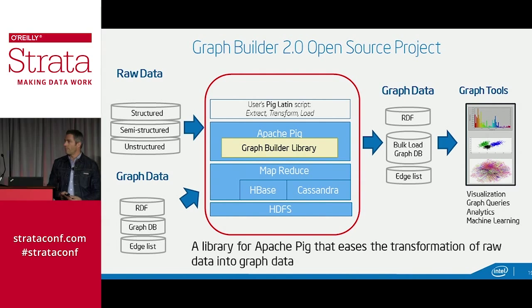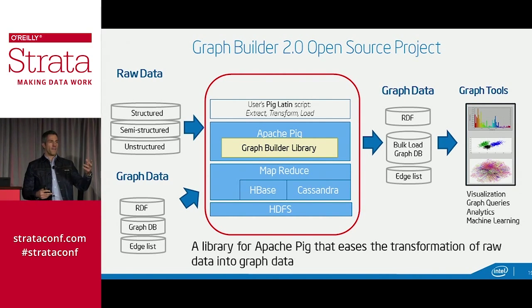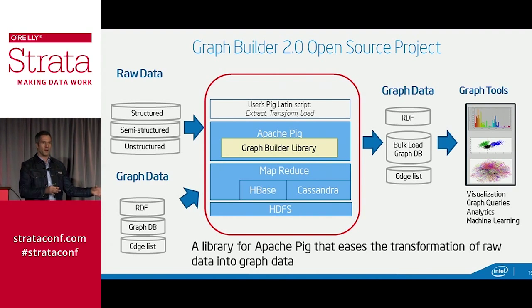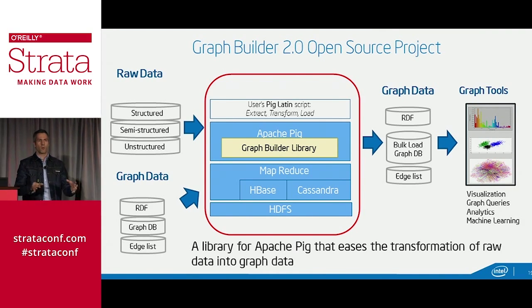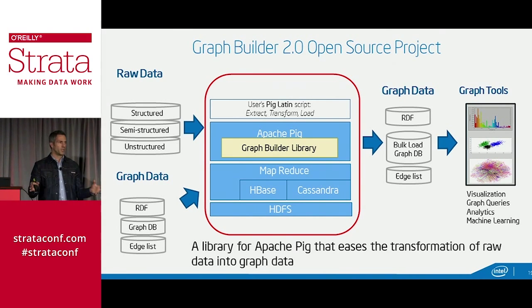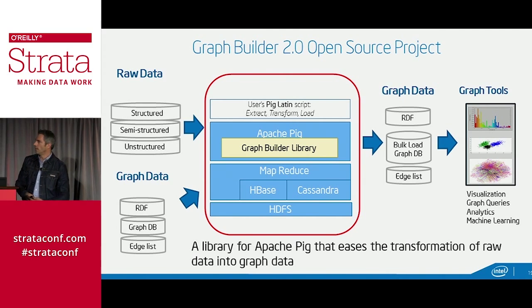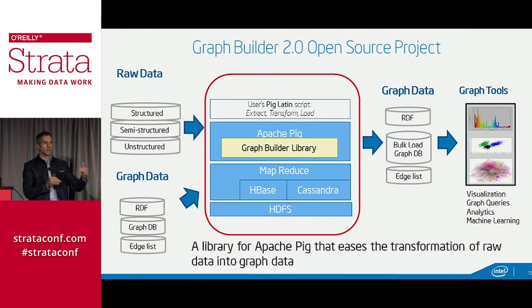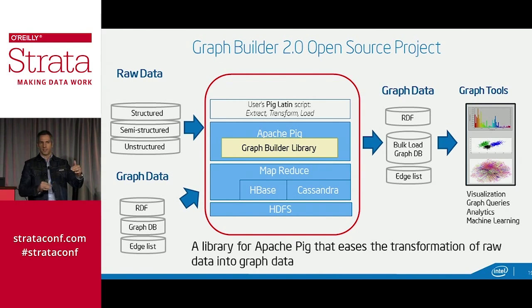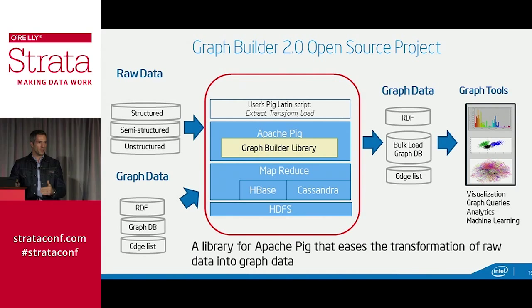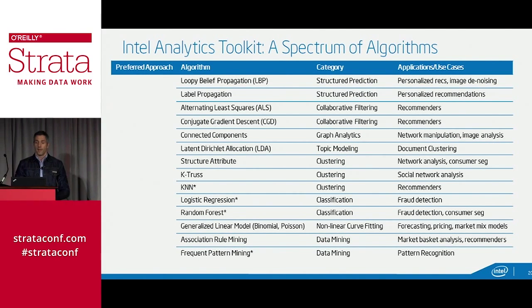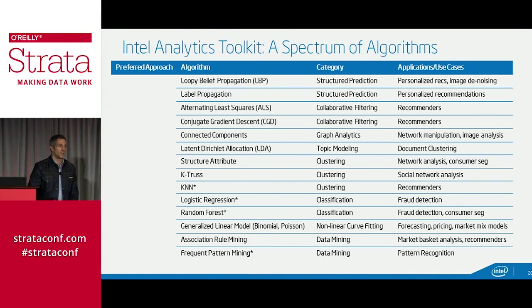Just briefly on Graph Builder, you can go get that now. It's completely open source. With the previous one, you had to write Java and understand MapReduce and all that. You can now write this using data flow scripts in the Pig Latin language and the Pig framework. You can bring your features in from raw sources like XML, extract objects, build them into a graph, and store them into a graph database quite easily, sqoop them right into something like Titan. It's a great tool. The Analytics Toolkit is also great.